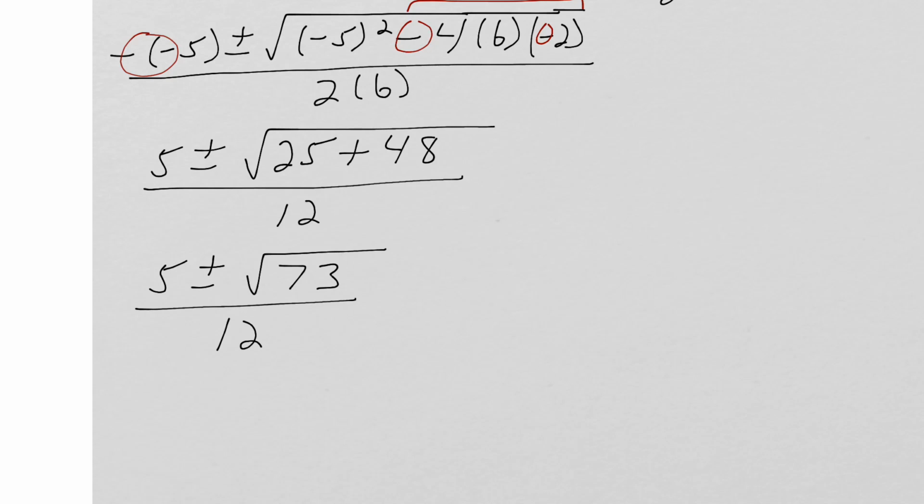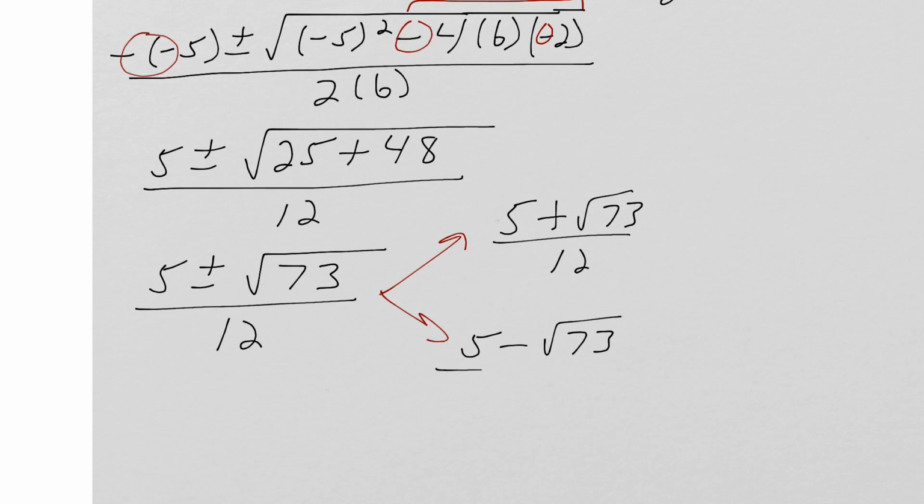And then as I look at 73, the square root of 73, really can't clean that up any further. If I wanted to, I could break this up into the solutions 5 plus the square root of 73 over 12, and 5 minus the square root of 73 over 12. And since, like we said, 73 isn't a perfect square, or can't even be simplified, we would actually stop